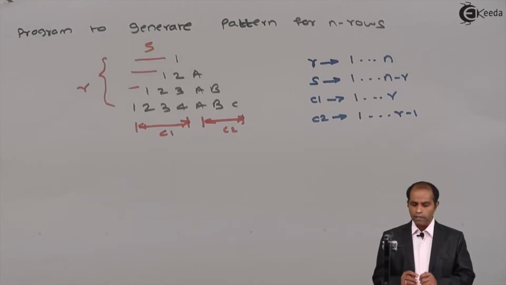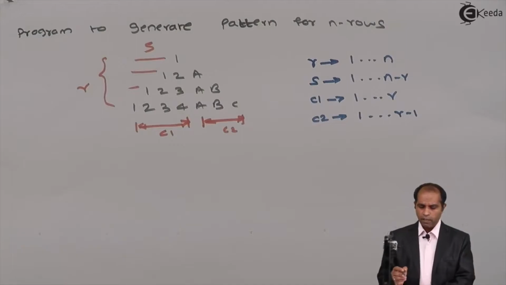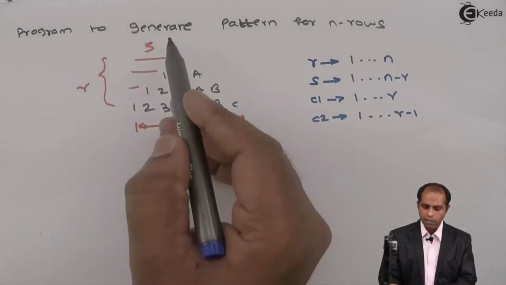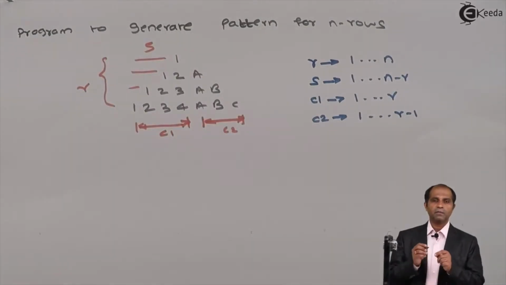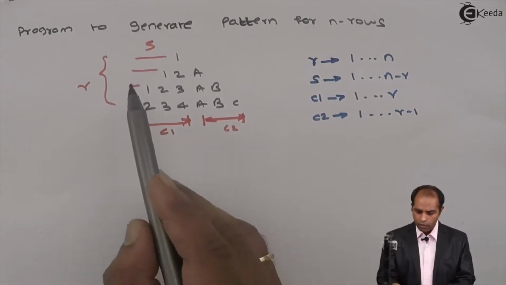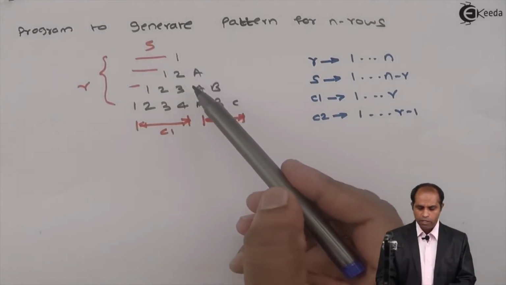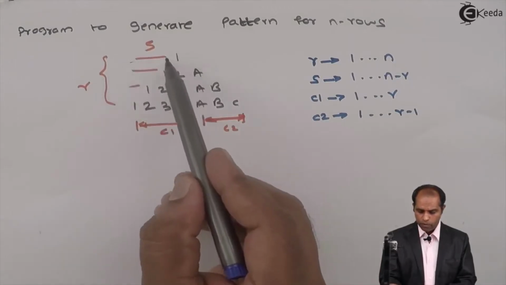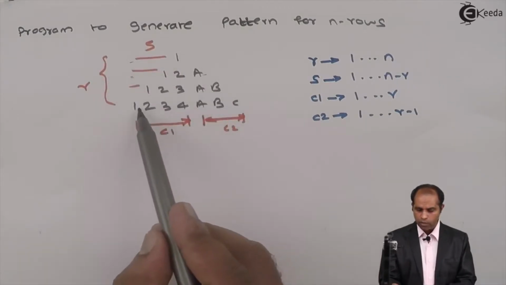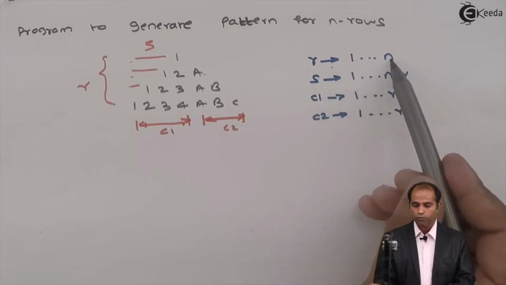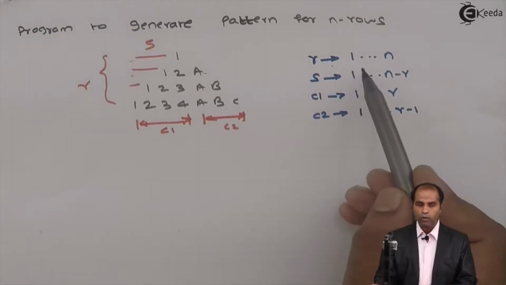Now, how do I get these values? Basically, by again drawing this entire pattern under some grid structure. If I put a grid around this particular structure, suppose I've been asked to generate 4 rows, so this is my first row, this is second row, third row and fourth row. Since R will go from 1 to 4, or if n is 4, it will be 1 to n.